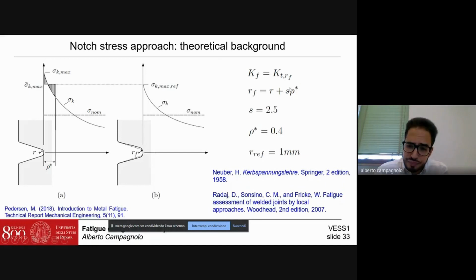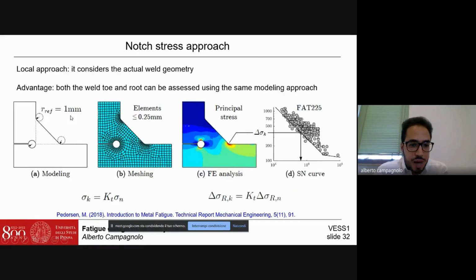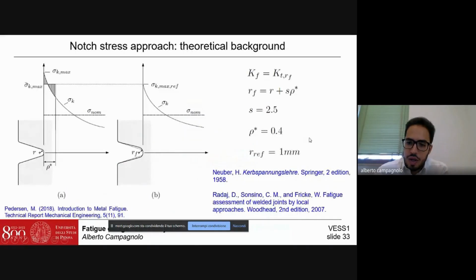Calculating this radius and assuming the worst case scenario, which is a sharp notch having notch tip radius equal to 0, we can derive a reference radius, a fictitious radius of 1 millimeter. This radius is adopted by standards and a recommendation by IIW. And this is the reason why we adopted a radius equal to 1 millimeter, as suggested by Radaj, Sonsino, and